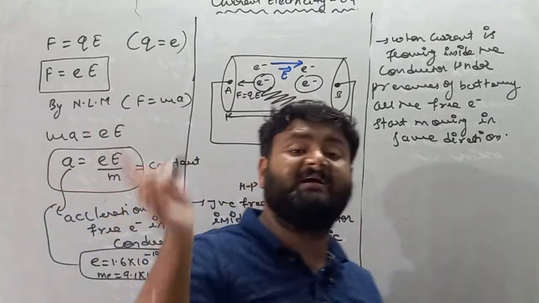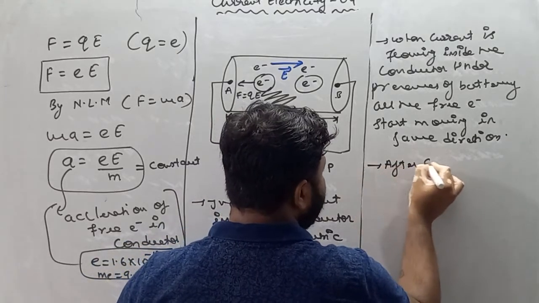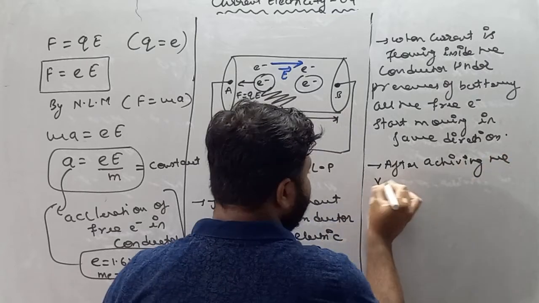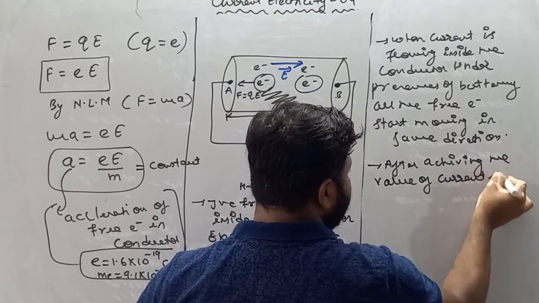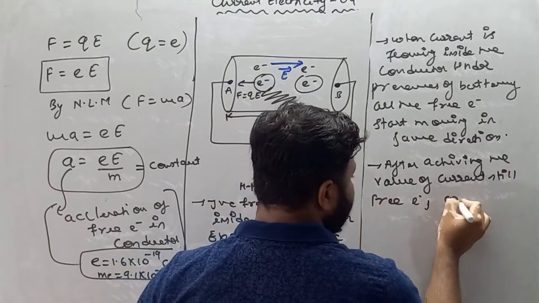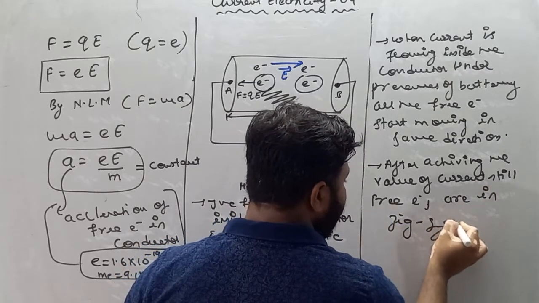After achieving the value of current, still free electrons are in zigzag motion,